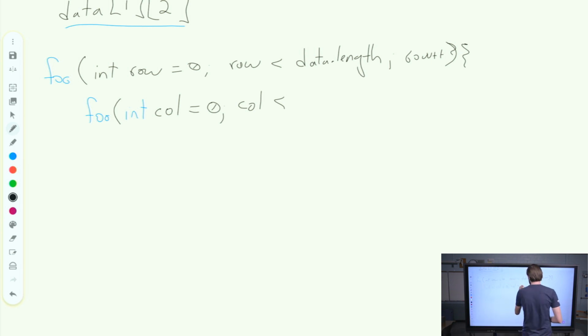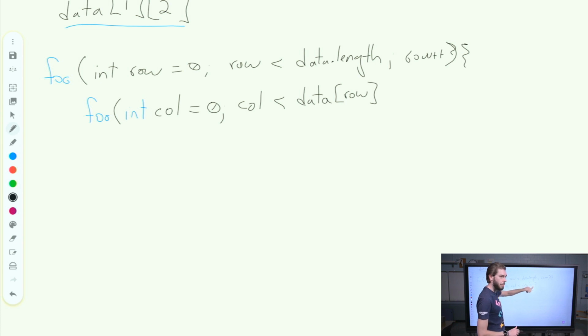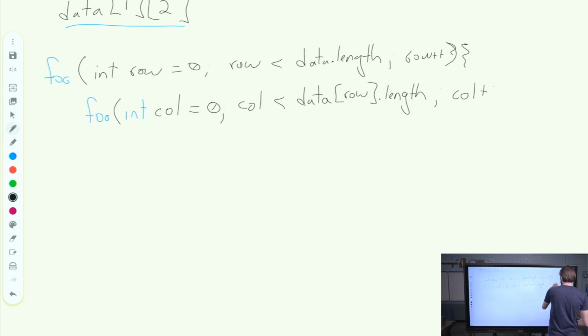So we're going to say data at that row value. So that array, this array, because remember this represents an array itself. Data at row represents an array. Dot length. Column plus plus. Now we're going to be looping through every single item in this 2D array. So now I could do something like